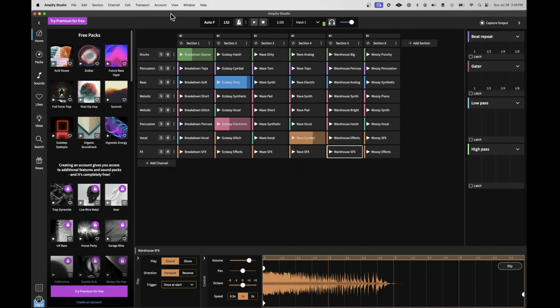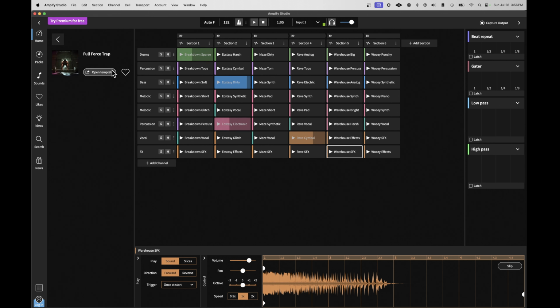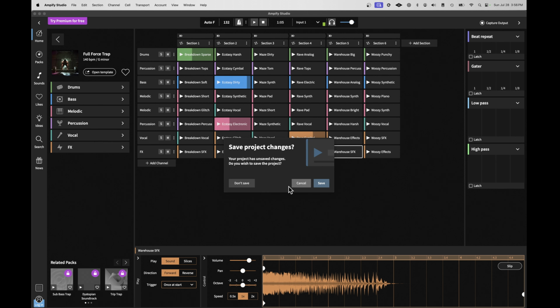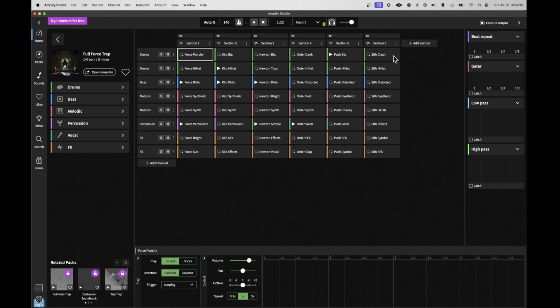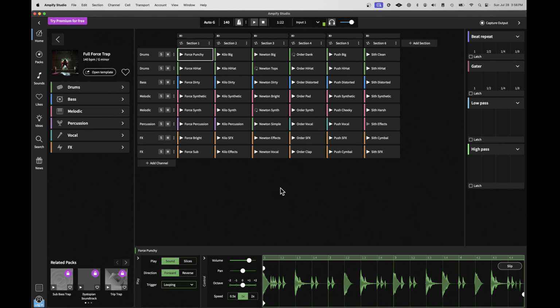One more example I want to demonstrate is how all of these pieces go together. This is Ampify Studio, which is a DAW-like Groovebox application that works with a Launchpad or any other pad device. And what they deliver is a sample pack, which you can see here, free packs, and open up a template. And what it will do is pre-populate all the cells on this grid, much like you might see in Ableton Live. And then once they're pre-populated, you can just click on what items you want to play, and they all kind of go together. So if I pick a drum part,